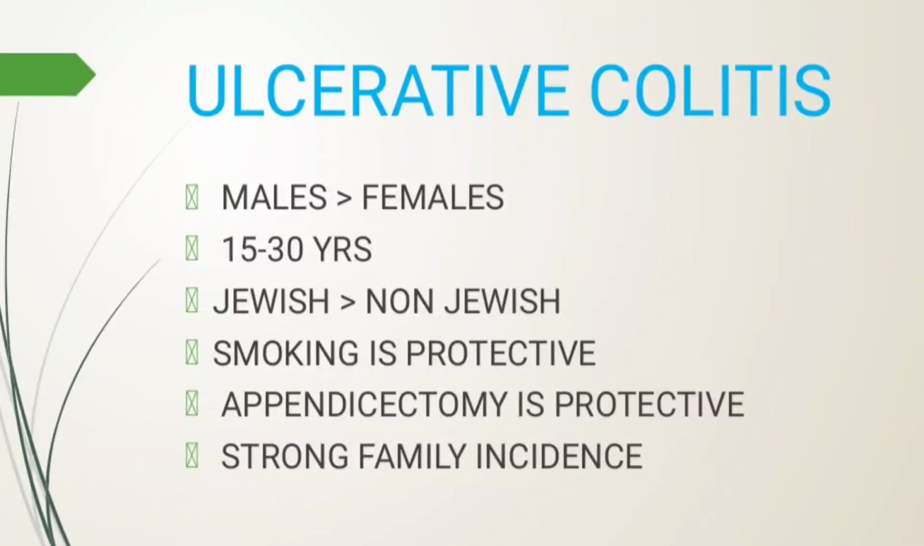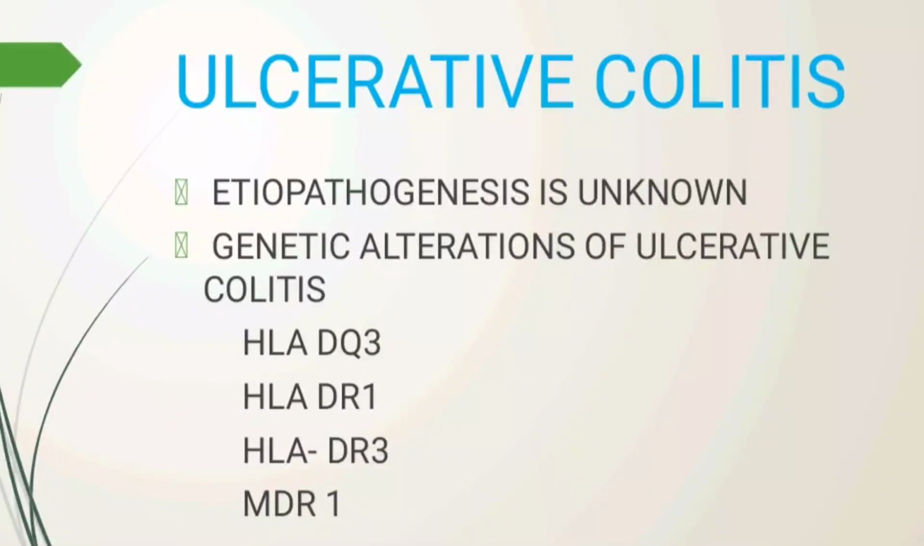Oral contraceptive pill usage has been found to carry no increased risk, and there is a strong familial incidence in these patients. Antibiotic use in the first year of life increases the risk of developing childhood IBD by 3 times. The etiopathogenesis of ulcerative colitis is not known, and the genetic alterations mainly include HLA-DQ2,